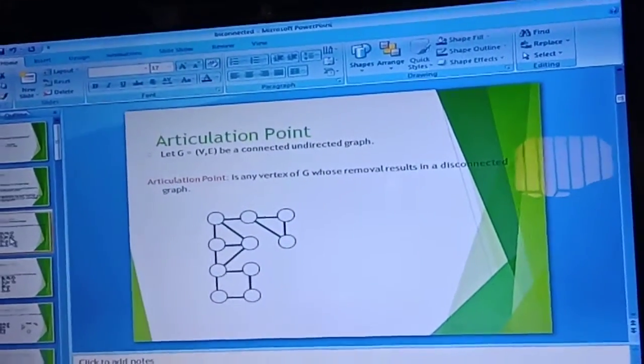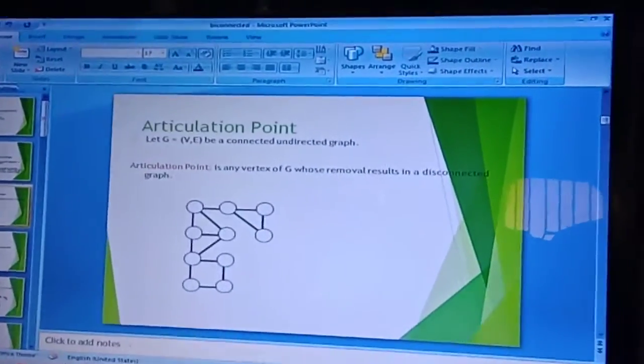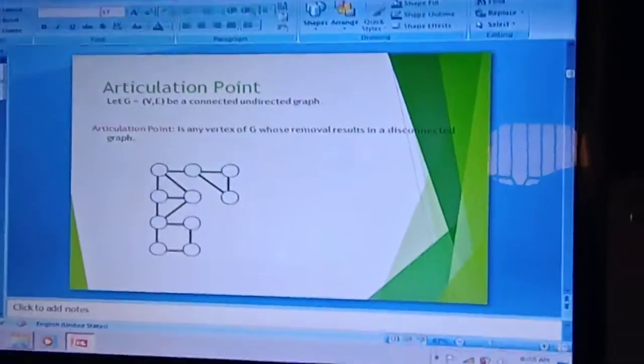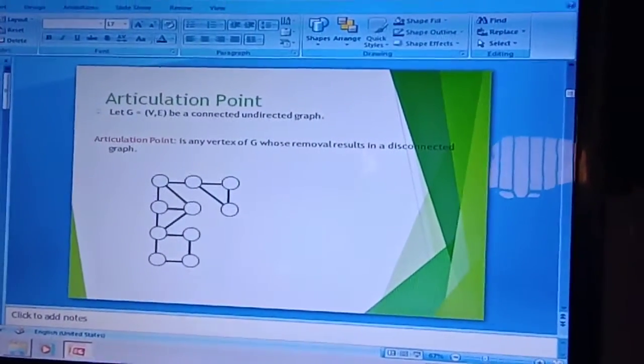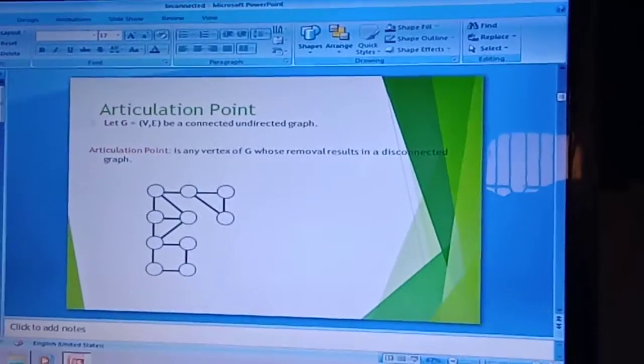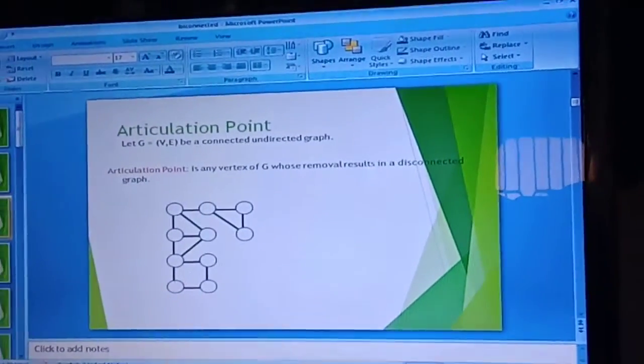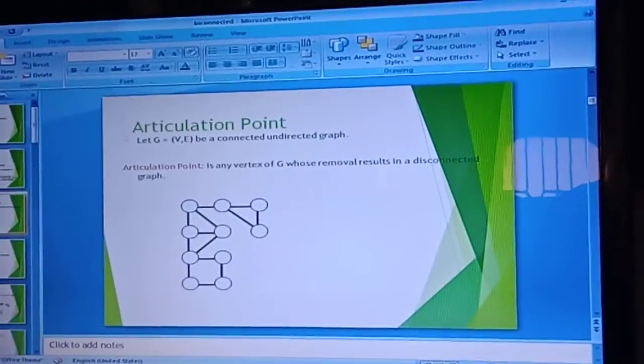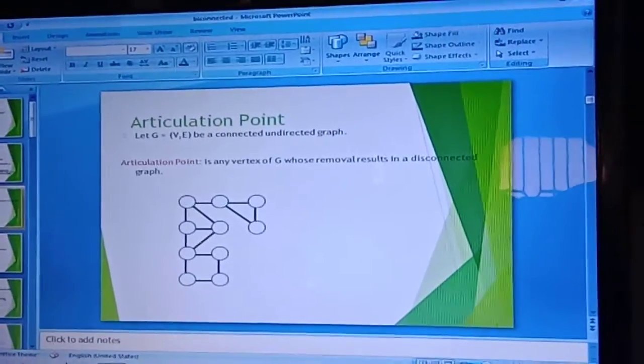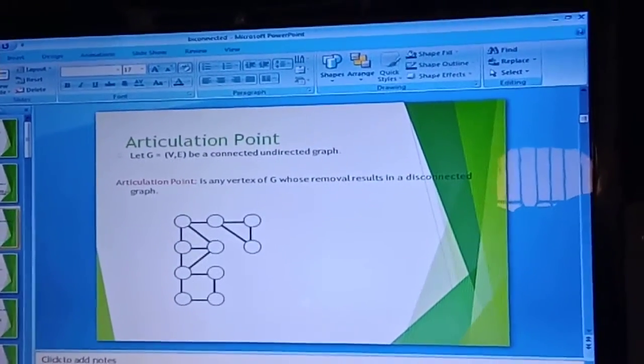Articulation point. Let G be a connected undirected graph with number of vertices V and number of edges E. Here we can define an articulation point. An articulation point is any vertex of G whose removal results in a disconnected graph.